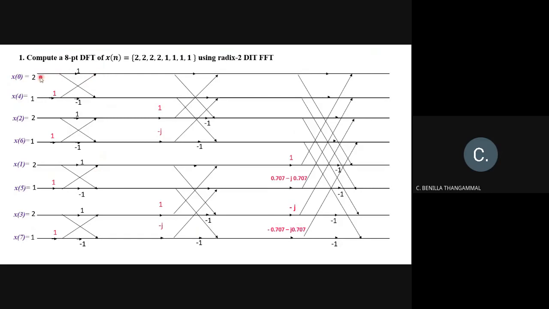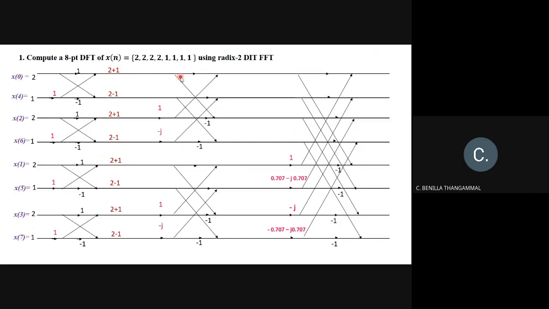Right. So here I'm going to find the output of the first stage. The first one, 2 into 1 will be 2, 1 into 1 will be plus 1. So 2 plus 1. Immediately you get its equivalent value for the next one. First will be a plus b, second will be a minus b along with your twiddle factor. So here it's going to be 2 minus 1. And here this 2 and 6 form a combination. First will be the positive of these two, next will be the negative of these two. So first will be 2 plus 1, next will be 2 minus 1. Similarly, these two form the combination, first positive, second negative. Here it will be 2 plus 1 and 2 minus 1.